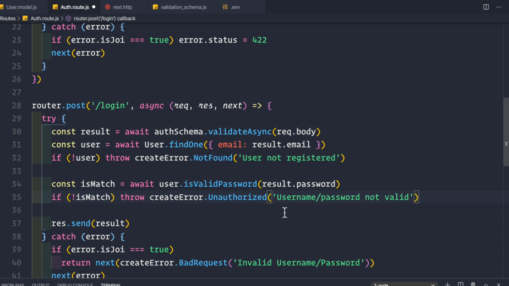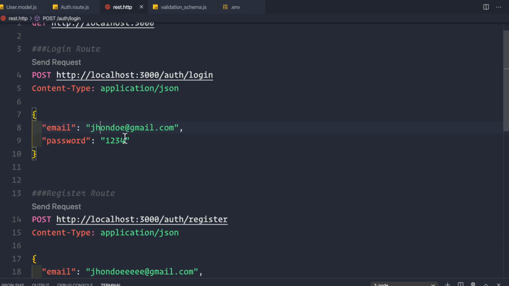And we do not say here "password is not valid", because we do not provide the user with a direct reference that the password was invalid but the username was correct, because it will make a security hole inside your application. But instead you should be providing them with this message here, that is "username / password not valid", like this. So now let me save this thing from here,